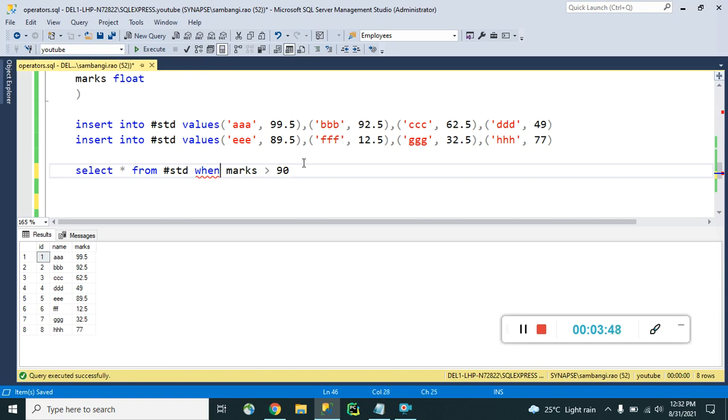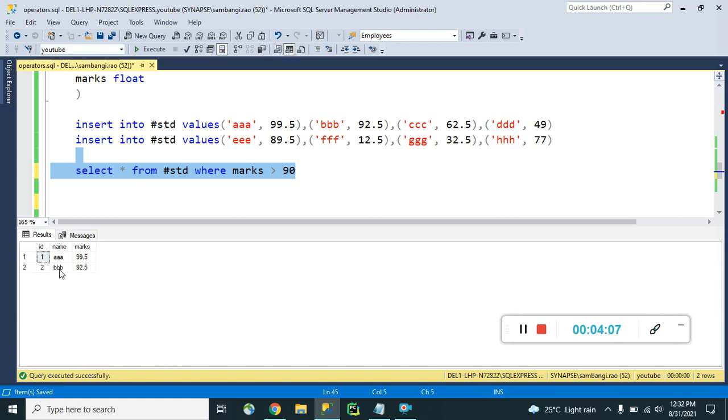Sorry, where clause. You have to write a where clause, but unfortunately I have written one wrong clause. Sorry for that. I'm going to execute this. Just see, guys, what will happen here in the result page.